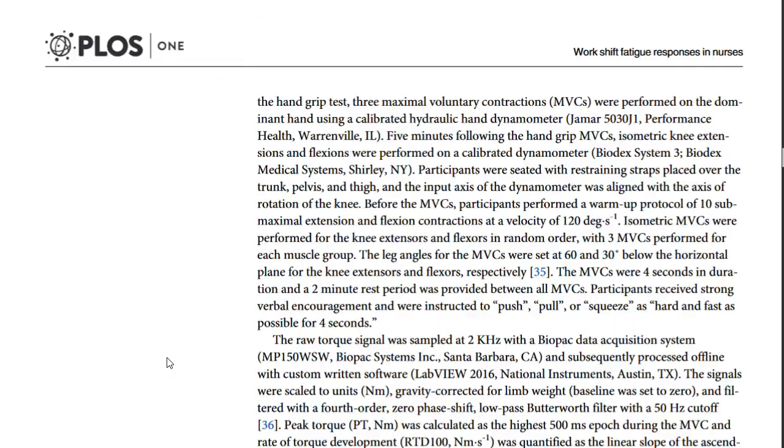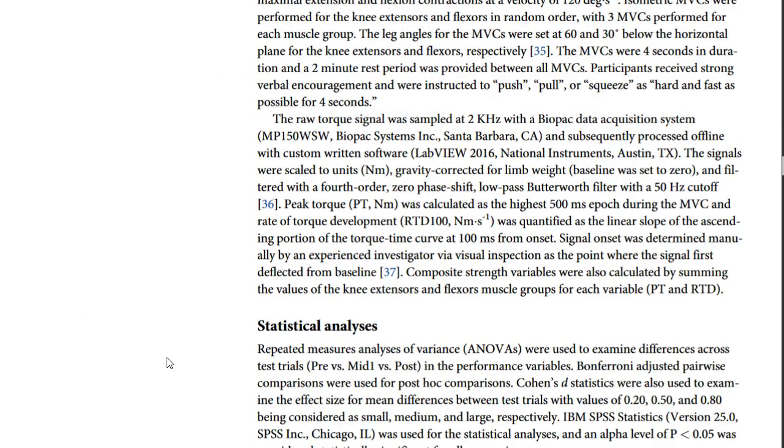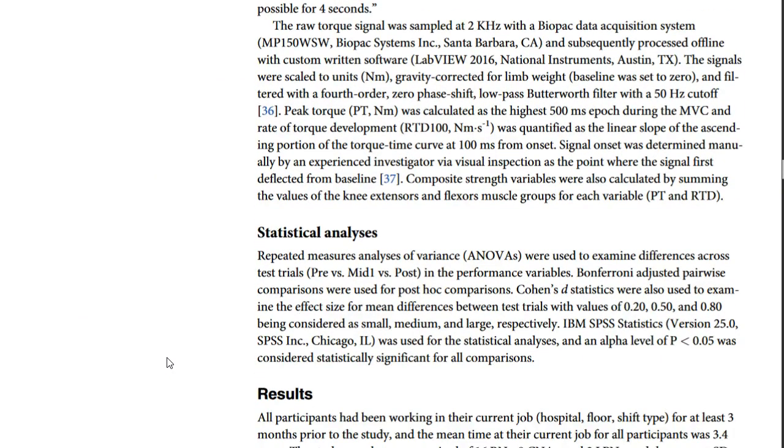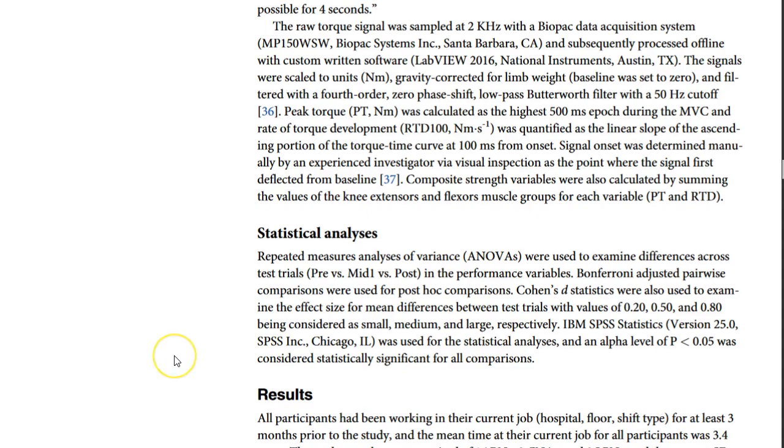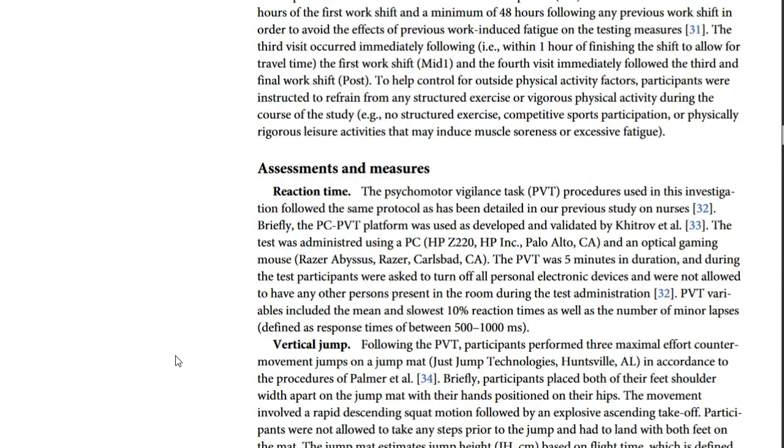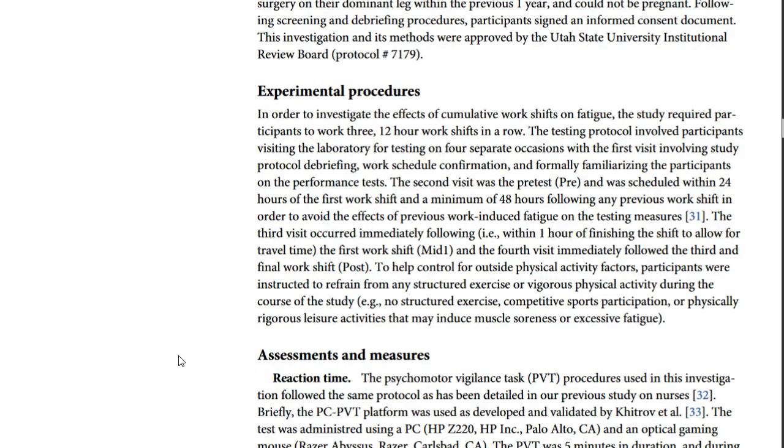All right, next we have the study factors. In this case, there's only one study factor, and that is the number of shifts, either 1 or 3 shifts. So if we come up to experimental procedures, what we can see here is that they measured people before their